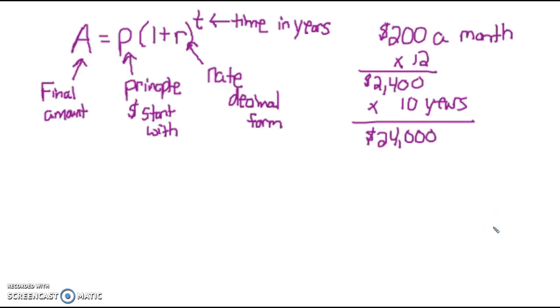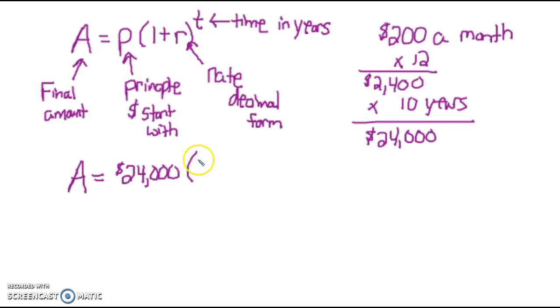Think of it this way. Say something happens, you get an inheritance, you get a big bonus. Some of you are going to have fabulous jobs that give you a huge bonus. If you take this bonus and put it away, this is what's going to happen to that bonus. So we want to know the amount. If we start with $24,000,